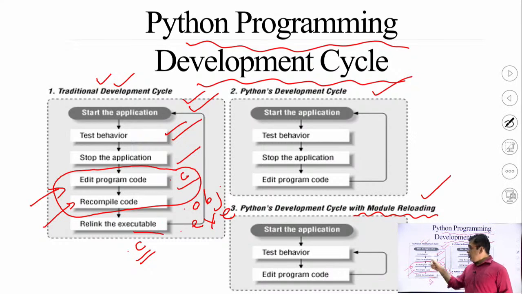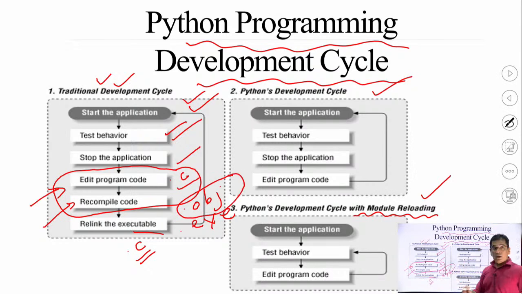So, when you stop the application, then you need to edit the source code or the program code, then you need to recompile the code so that a new object file will be created. This new object file is actually the file generated by the system and the compiler, which has system specific configuration. If you copy this object file and replace it in another system, the file will not work properly, because this